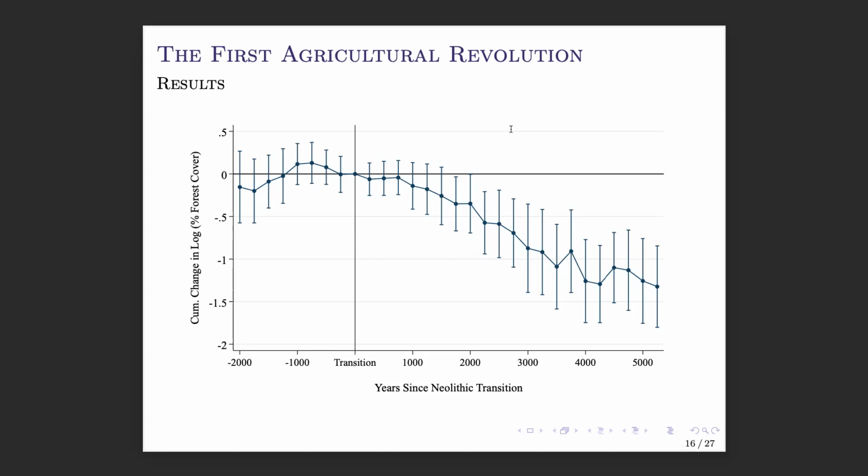I'll just say there is lots of interest among ecologists, ecological historians, and the like in thinking about the relationship between the Neolithic and land use or land cover change. What I like about this, just as a standalone thing, is that it applies modern econometric techniques to try to put a quantitative number on this. Most of the analysis that I've seen, and I have not seen all of it, is associational. I think this at least goes one step further, trying to pin down the relationship between these things.